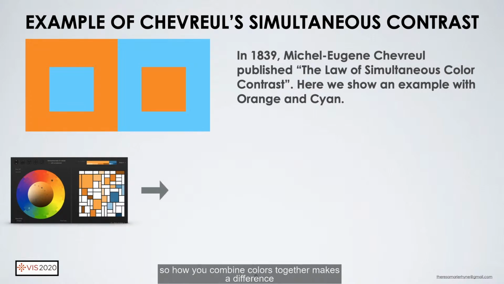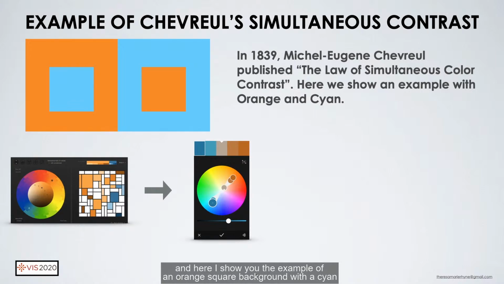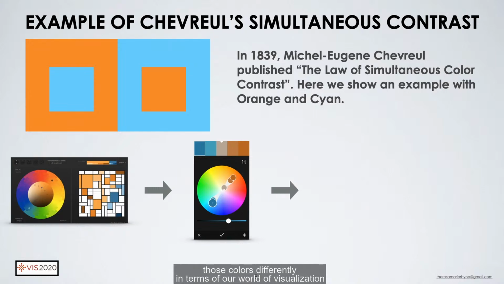So how you combine colors together makes a difference. And here I show you the example of an orange square background with a cyan on top, and also a cyan background with an orange square on top, and how we see those colors differently. In terms of our world of visualization, what that means is you don't want to mix them together directly on